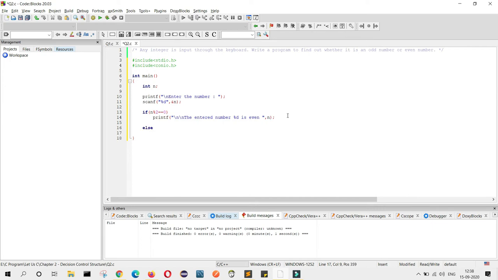Else, it's a normal if else condition. I will print that the entered number %d is odd. Even or odd.